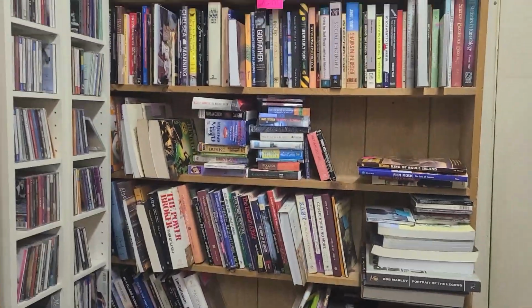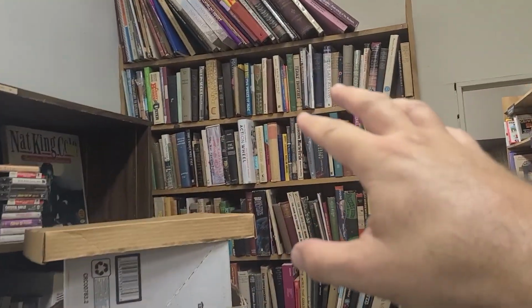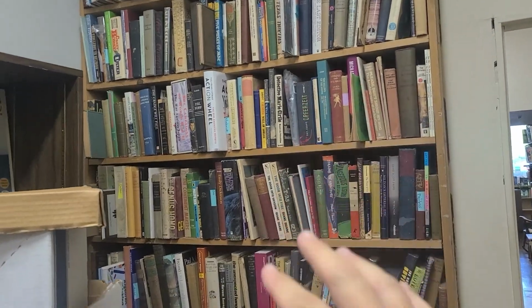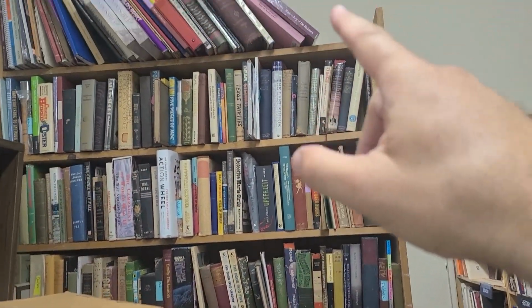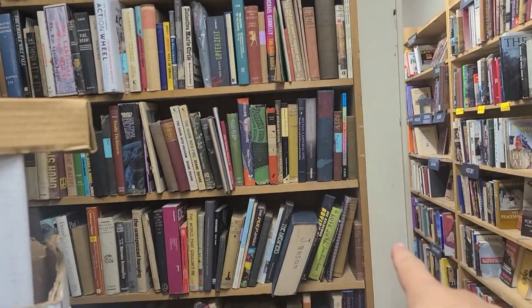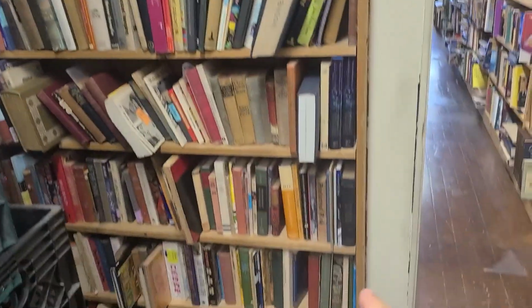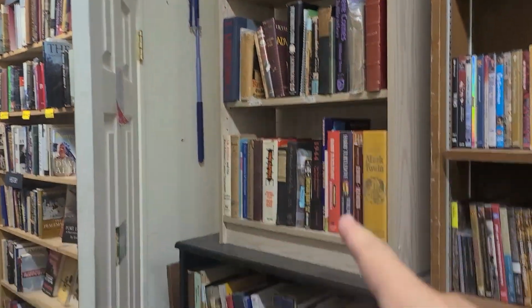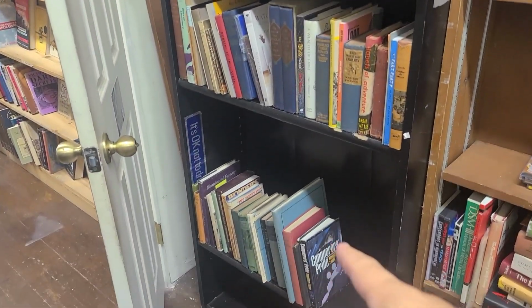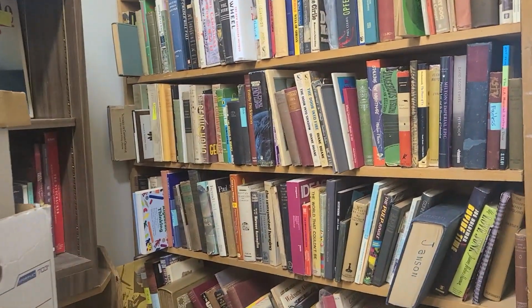And so then the rest of it, I started over here with these, which are the oldest books that I listed on eBay. And as you can see, there's some space opening up here, especially on the very top. But here, there's little spaces here and there where I've pulled a book off. There's lots of space, etc., etc. And then it goes over here to this side where there's a little bit of space, and it ends down there. Now, all these books, I have them alphabetical by